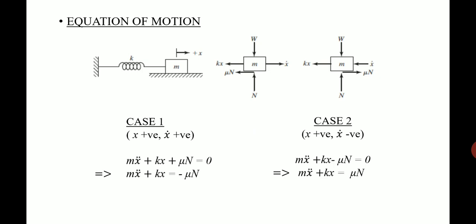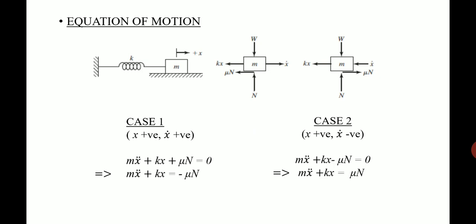So from the mean position, with an application of force, it has reached the extreme position. Now it is moving backward to the mean position. Even though the direction of velocity has changed, the spring is still extended towards the right. Therefore, the spring force will be again acting to the left side. Kx will be towards the left side, because the mass has not reached the equilibrium position. It is still in the extreme position, coming back to the equilibrium position. So the spring force will be tending to pull it backward. So Kx is towards the left side.